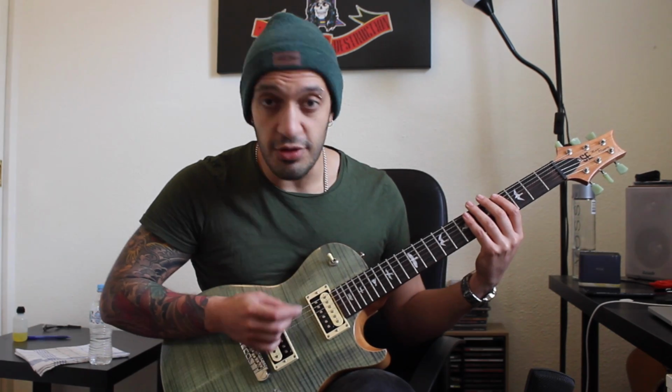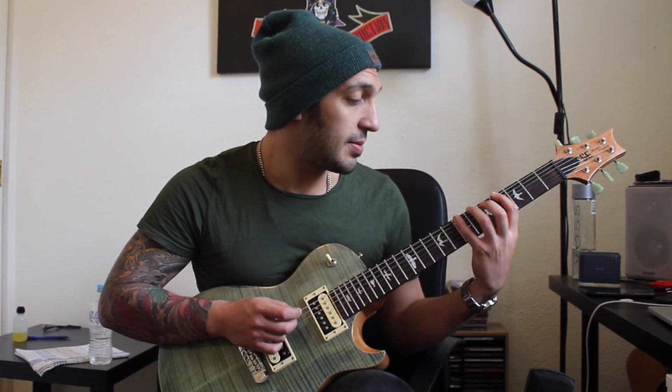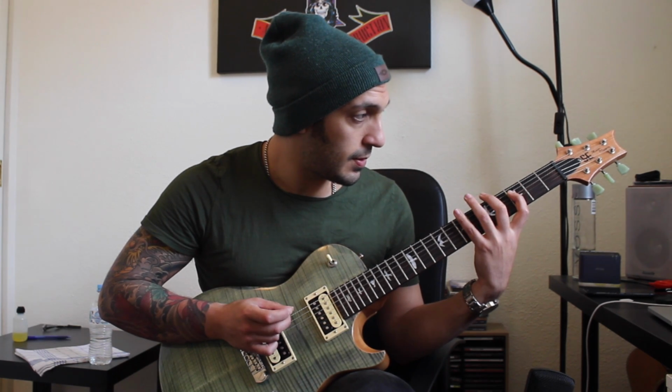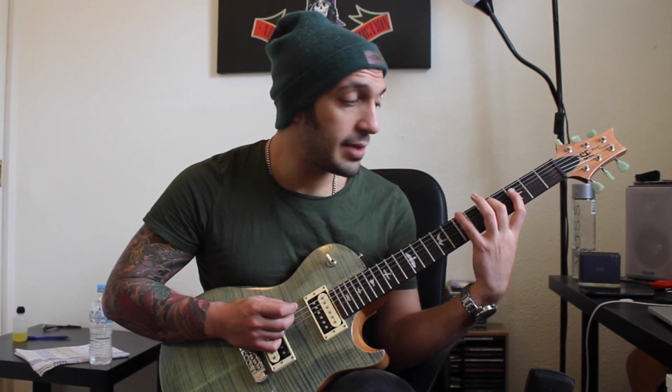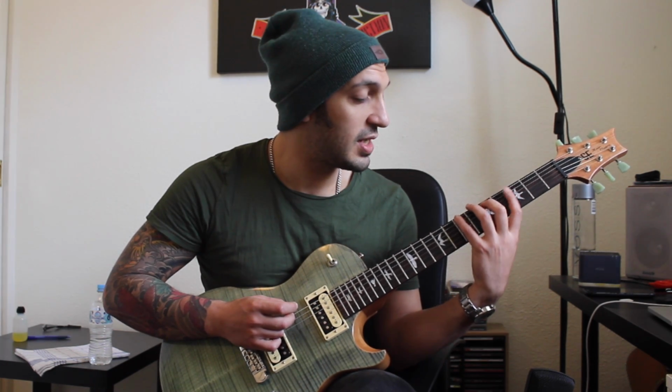So I want to start off from a G sharp on the 4th fret of the 6th string, and I'm going to hammer from 4 to 7, and then I'm going to play 5 of the 5th into 3 of the 4th. Okay, then from that pinky note I had way back up on the 6th string, I'm just going to go back to it and then play these three notes again. So we're going to go,